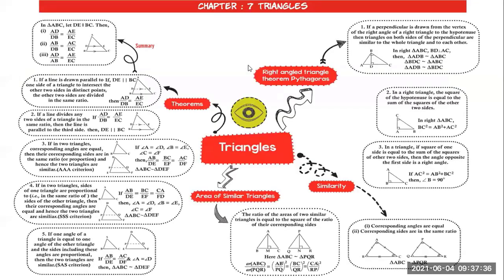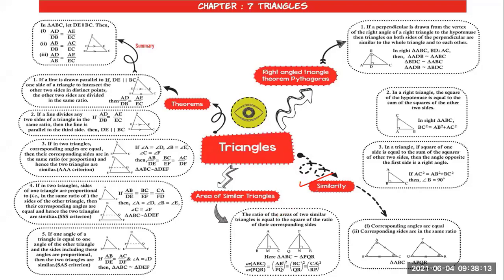So, similar triangles. Here is the concept map I am showing. In this chapter we'll first learn all the things related to triangles only. The similar triangles chapter is related only to triangles. So first we'll learn what similarity is. What do you mean by similarity?